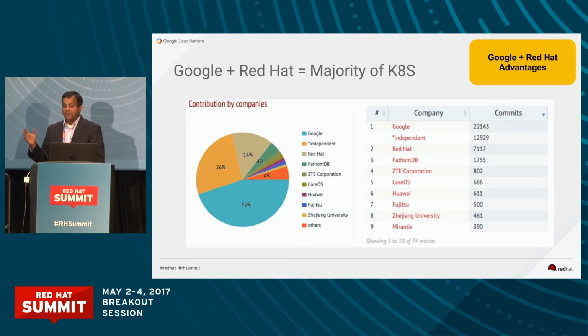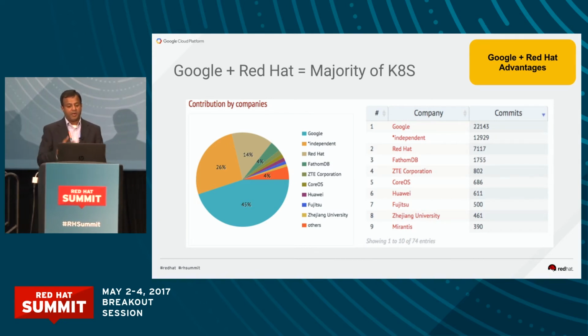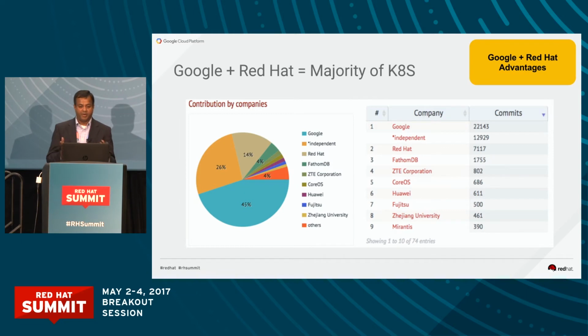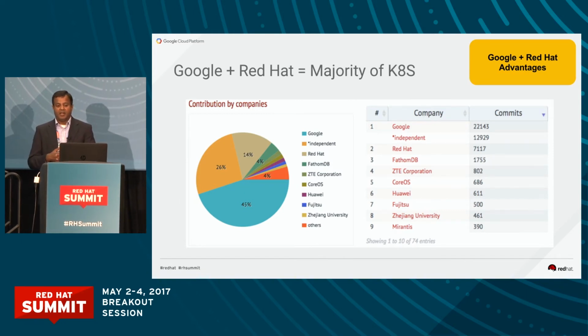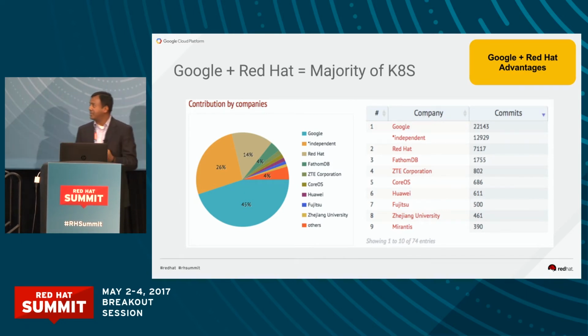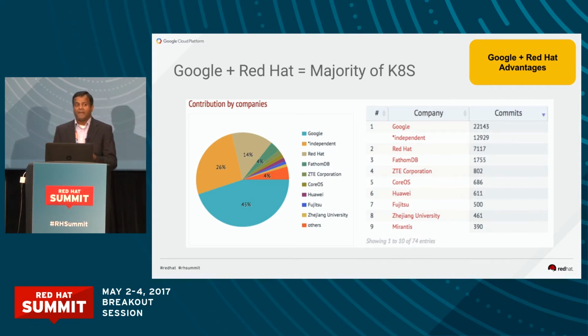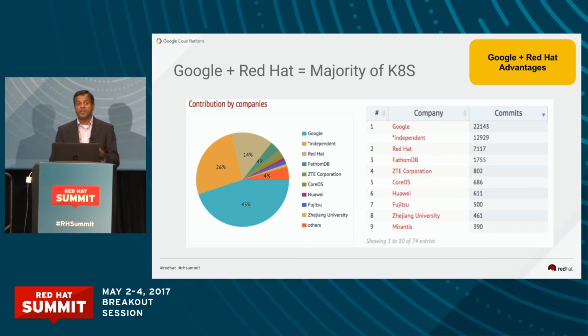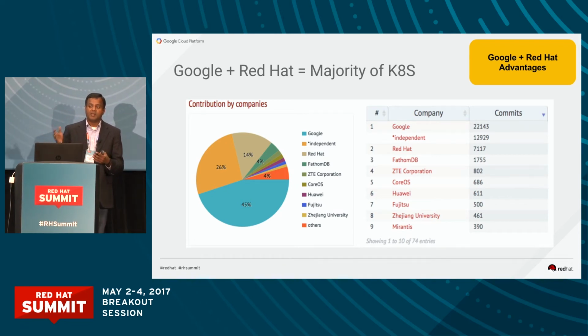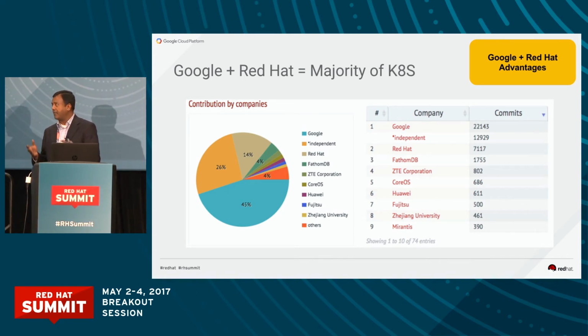That's how we started working with Google, I would say, since the founding of Kubernetes. Between Google and Red Hat, you can look at the contribution. We contribute pretty much 60, 70%, 65% of the code to Kubernetes. So you get most of Kubernetes from us, and we do the same thing on the Docker side. We are the largest external contributor to Docker from Red Hat.